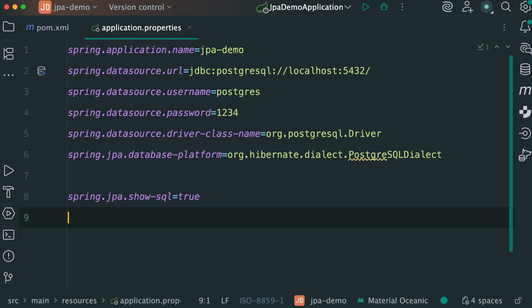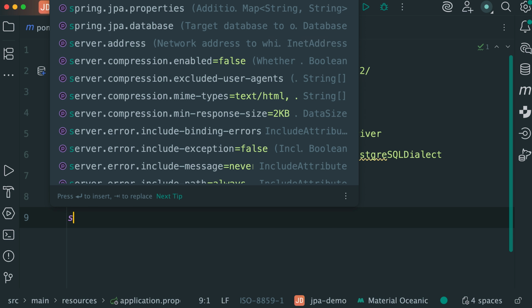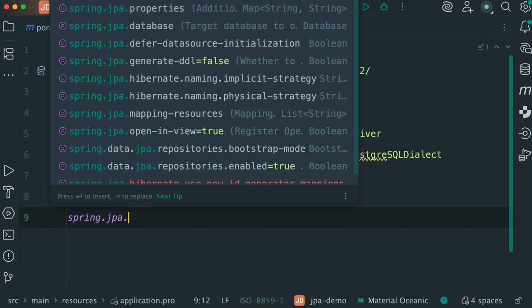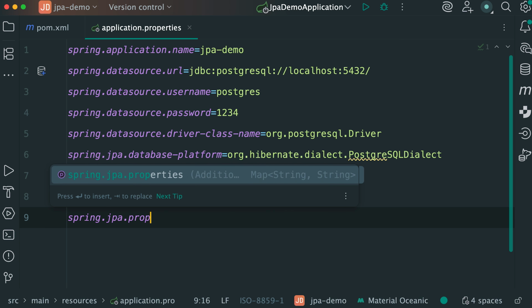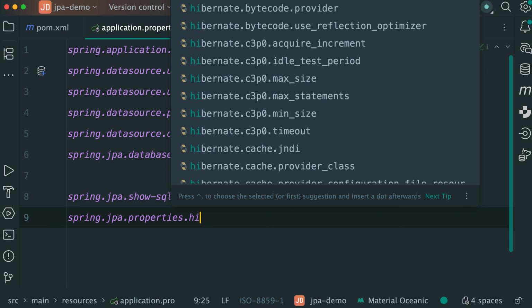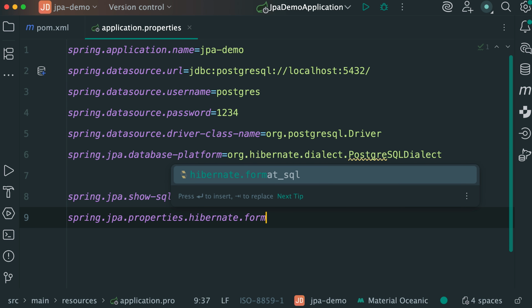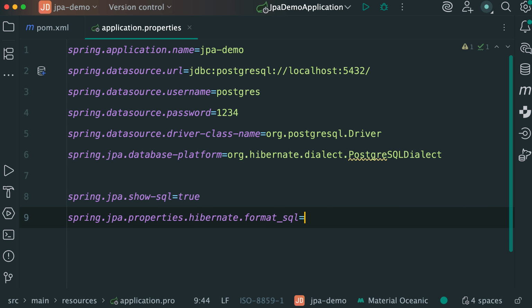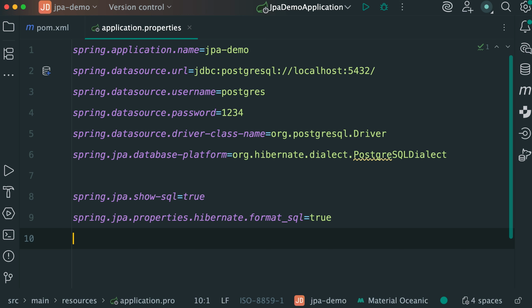Now, let's make the query in our console formatted. To view the query formatted, we need spring.jpa.properties.hibernate.format_sql and set it to true. Now, we'll be able to view the executed query formatted in the console. One final configuration we need is